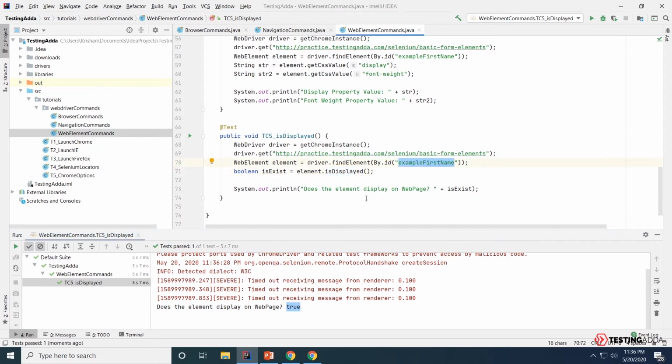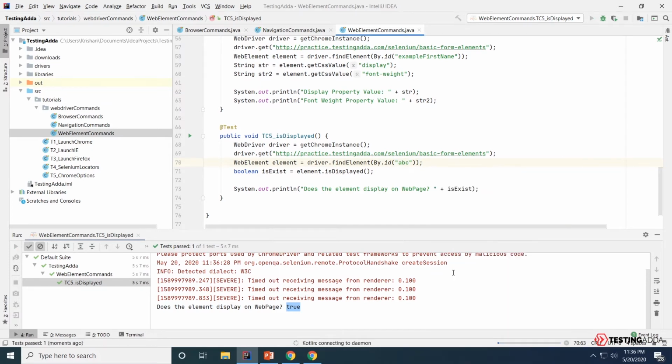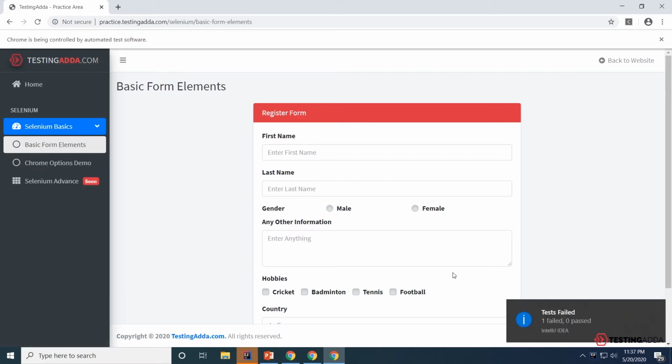But now let's see the scenario where the element doesn't exist. Let's say ABC, because I know this ID will not exist on the practice testing website. Let's try executing this method again. Now in this case, the method is going to throw NoSuchElementException, and this is where you need to actually handle it and create your own isDisplayed method manually so you don't get such exceptions.